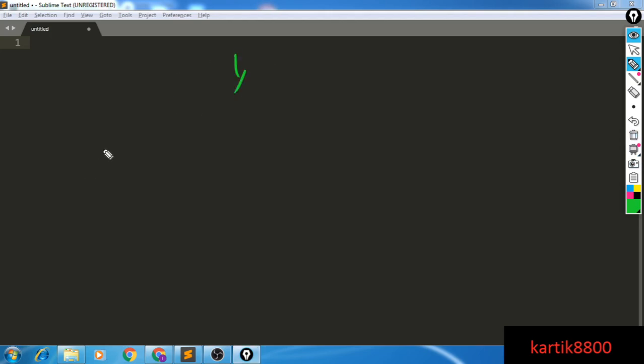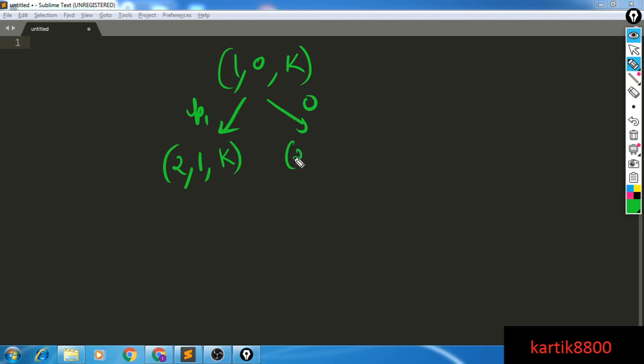Let me define no stock as 0 and stock as 1. So initially this is the state. If you buy the stock, you will be spending P1 price and you will be at this particular state. What is the maximum profit that you could get starting from day number 2 till day number n, given that you own a stock and you can make at most k transactions? Or you spend 0 money, don't get a stock, and then you find out what is the maximum money that you could make standing at day number 2 till the nth day, where you do not own a stock, and you can still make k transactions.